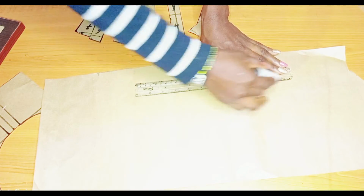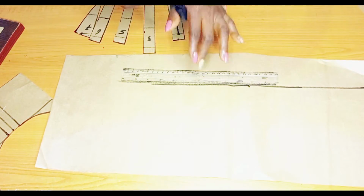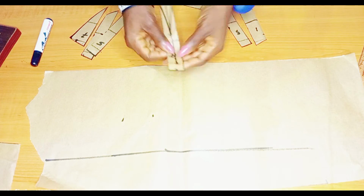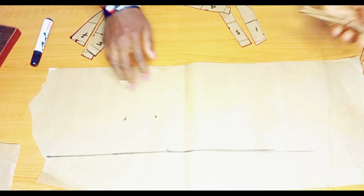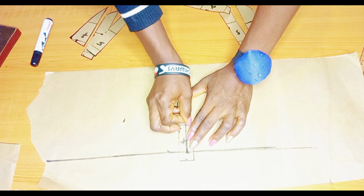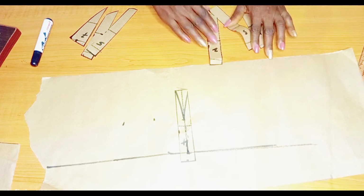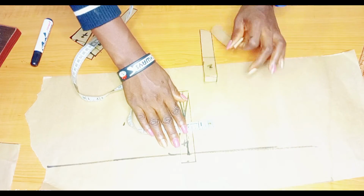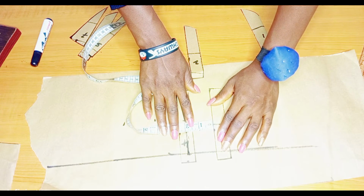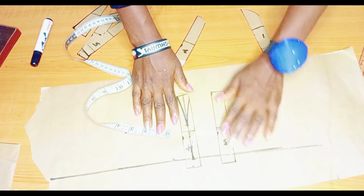So I'm going to create a straight line just like this. This is just a guide. This line is just going to guide me on how I'll arrange these pieces. Okay, so I'm just going to arrange them making use of that straight line. So my chest line is going to be at that straight line I just drew. Okay, so the chest line from our bust pattern, I'm going to make sure is on that line I measured. Okay, I hope that is clear. Just see what I'm doing, making sure that the line aligns with the line in this fresh pattern paper. Okay,